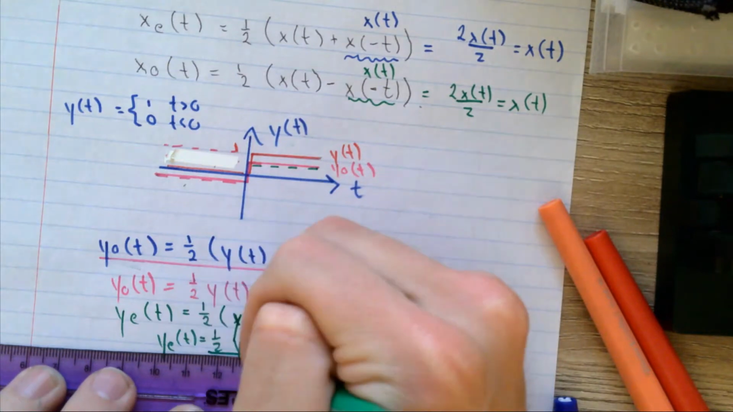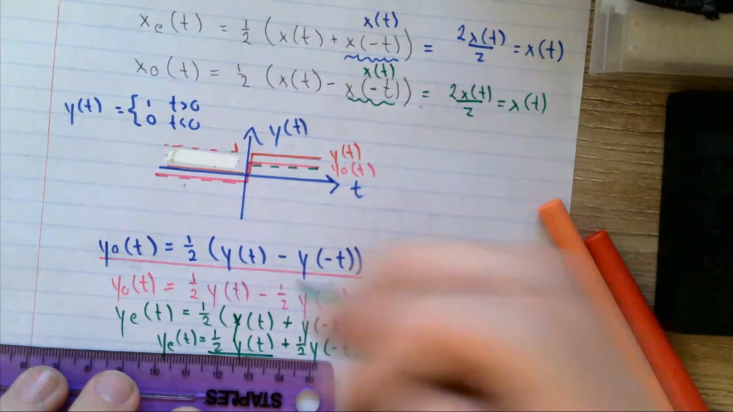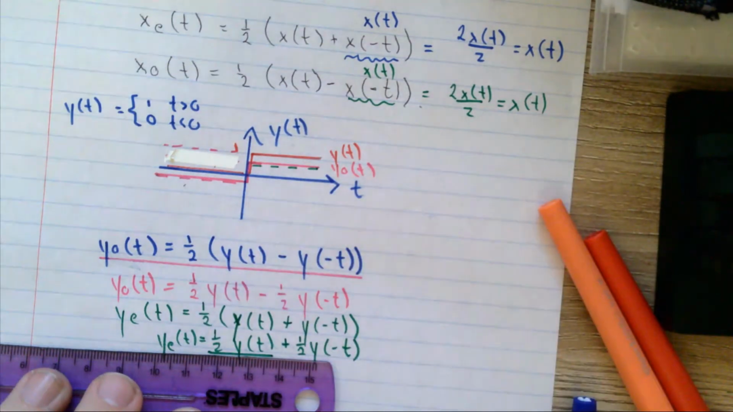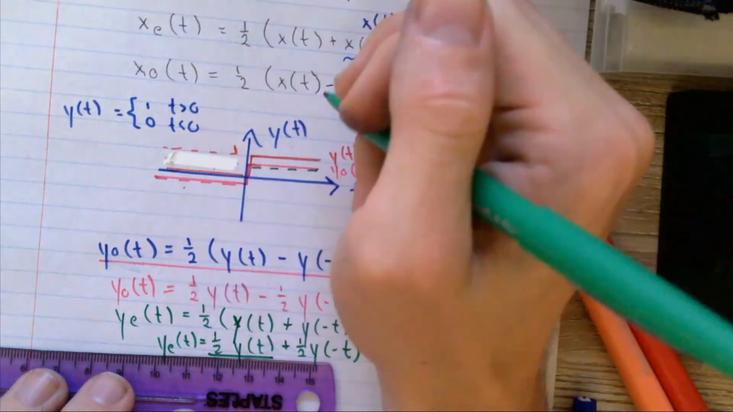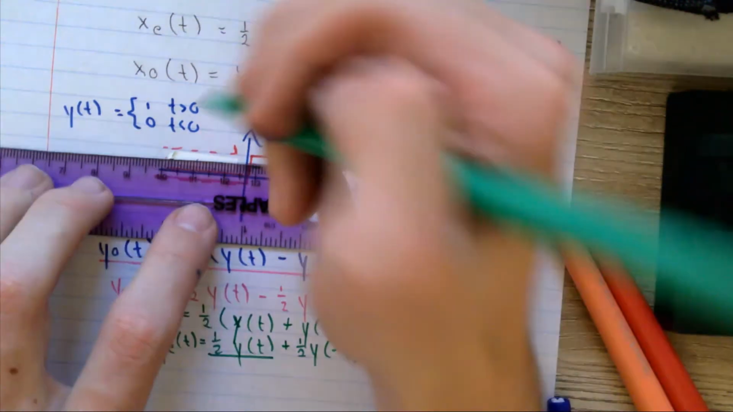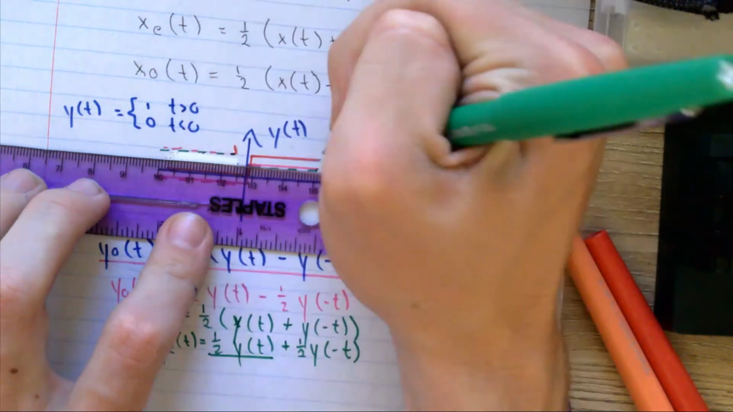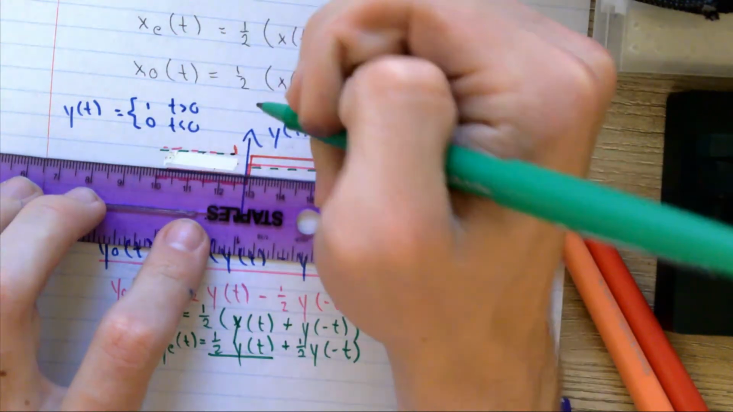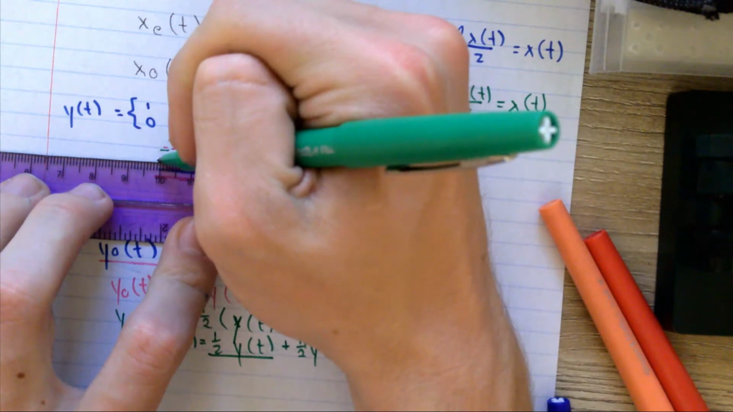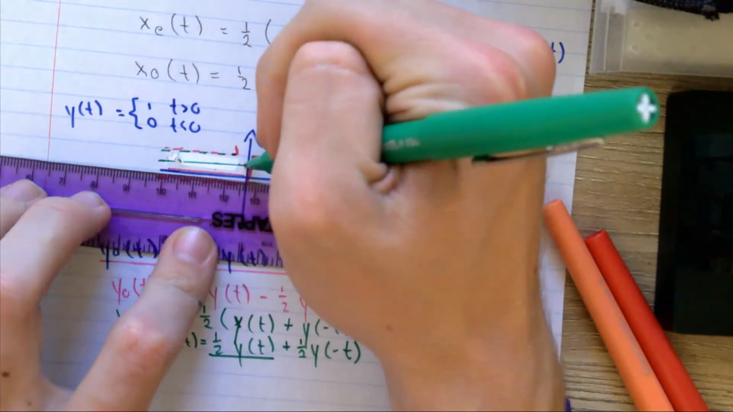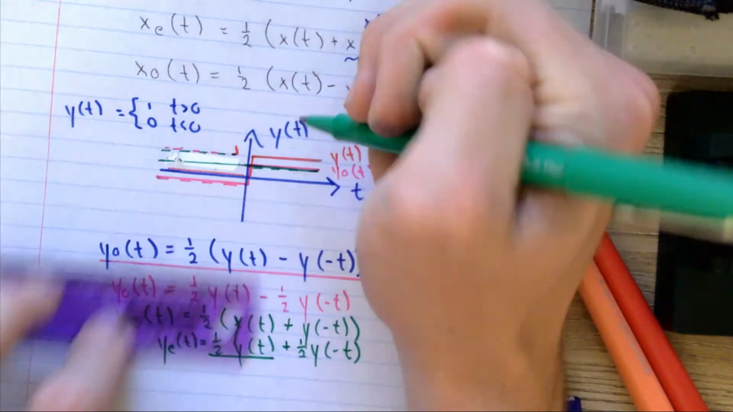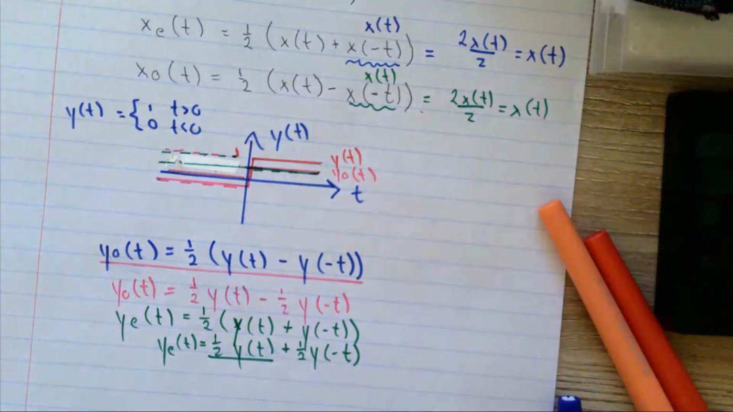And then this one, it's going to flip the signal over, and then it's going to multiply it by 1/2. So it's going to flip the original y(t) over from here when it's greater than 0, and then multiply it by 1/2. So it's actually going to look like this, and it's going to be a constant line here. So if we add the two signals together, the green and the pink, it's going to produce the red here,